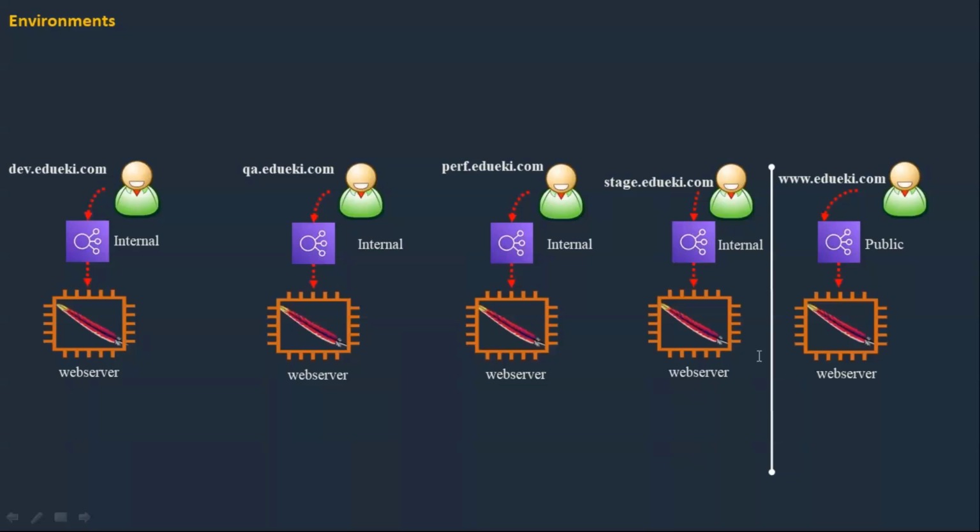So it's our responsibility to keep the configuration as consistent. Again, configuration means what? Maybe a package version, OS version, application version, whatnot. You need to ensure that the configuration should be consistent across all the environment, but you don't need to worry